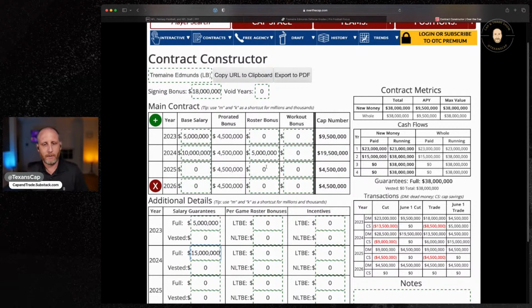So we added that guarantee, the $5 million, to here for the $15 million. One thing to note, I know this is a very, very minor detail, but it's worth talking about. You cannot fully guarantee a roster bonus, like we talked about, skill, cap, and injury, the 3 factors of the guarantee. You cannot do a full guarantee on a roster bonus at signing, or else it will be treated like a signing bonus and it will prorate out over the contract. So what a lot of teams will do, and Houston did this all the time with these year two roster bonuses, they'll guarantee it for injury at signing,